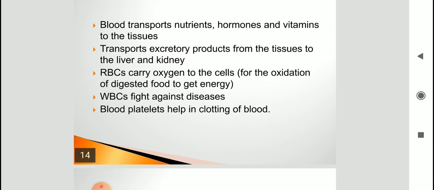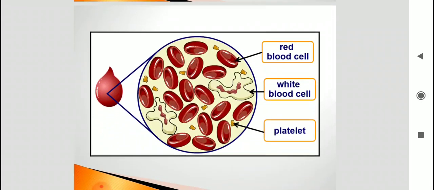All right, so here you see, children, our blood comprises red blood cells, white blood cells, platelets, and blood plasma. Red blood cells are red in color, white blood cells are quite big in size, you can see. Blood platelets are very small, and the background that is quite yellowish in color is nothing but the blood plasma. If you take a drop of blood and see it under the microscope, you will be able to see that it is made up of these things. And each has its own function.